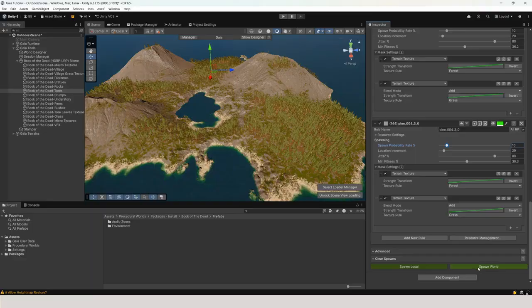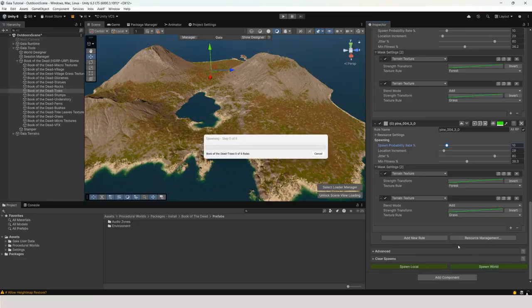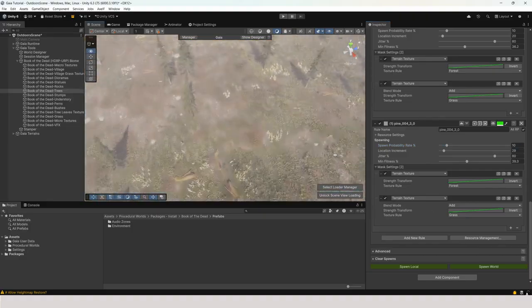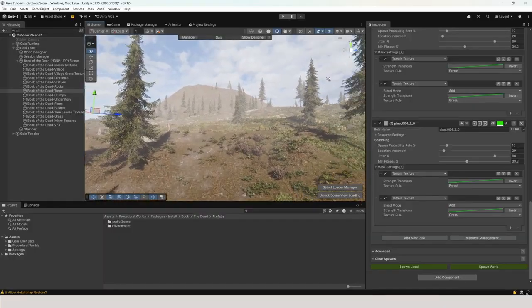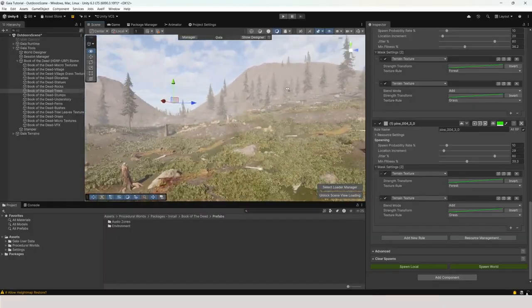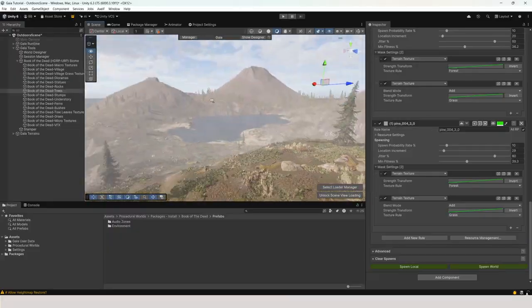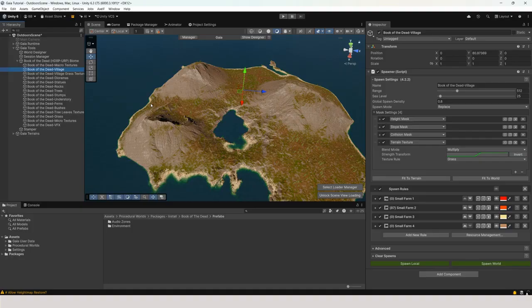All right, so now we're going to spawn the world. And you can see that our grass and the rocks and stuff is all at a similar density as it was before, the same density in fact, but our trees are much sparser. That's the basic way to change the density of these spawns,